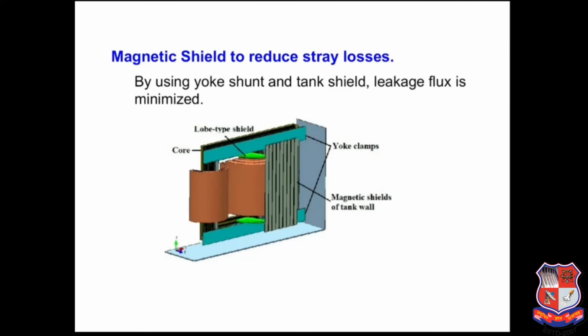The stray magnetic loss is mainly due to the leakage fluxes. By using a yoke shield or tank shield, leakage flux can be minimized. Generally, higher linkage of the magnetic flux is on magnetic conducting materials such as core lamination frame parts and the MS tank body. The flux generated due to change of frequency starts linking with the magnetic material, but due to the long path, some of the lines of flux could not return to the originating field, called leakage flux, and this increases the losses, which is a component of the stray losses. To avoid the above losses, we use tank shield and yoke shunt.